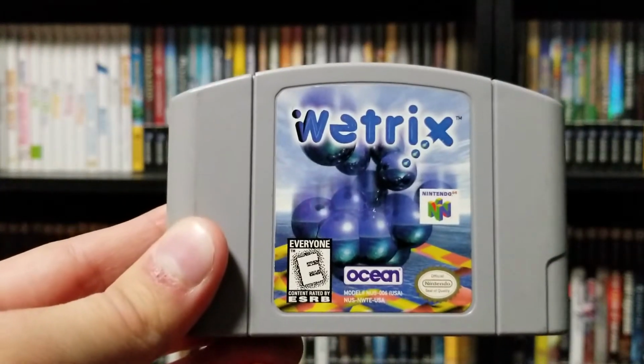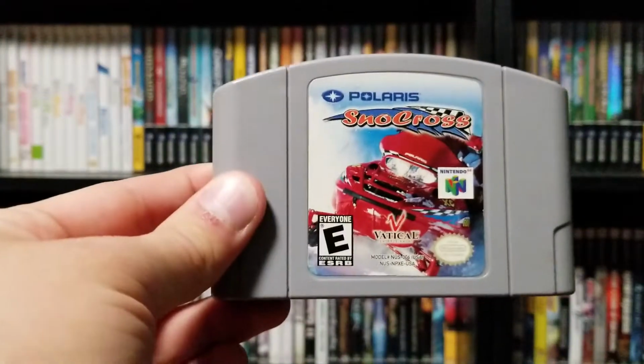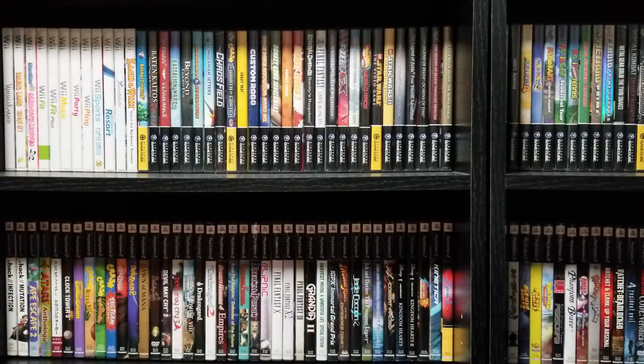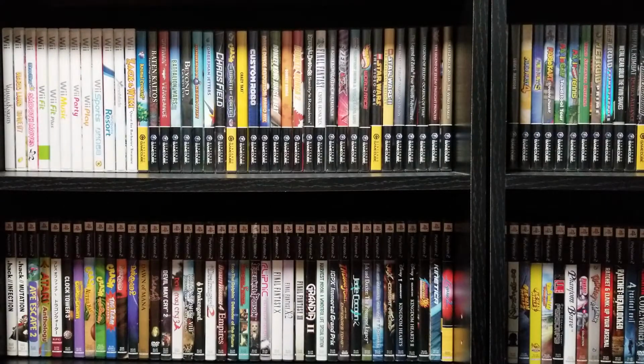So I got Wetrix, Polaris Snowcross. Nothing exciting, but for some reason this goes for I think $12 or something. I don't know why. Don't know who'd want to play that, but...